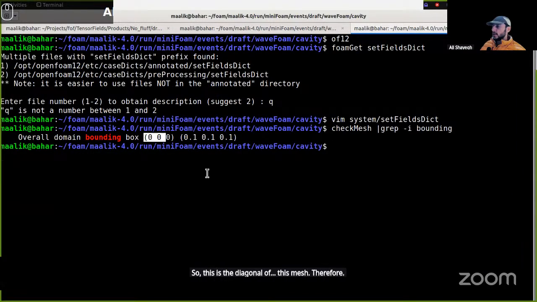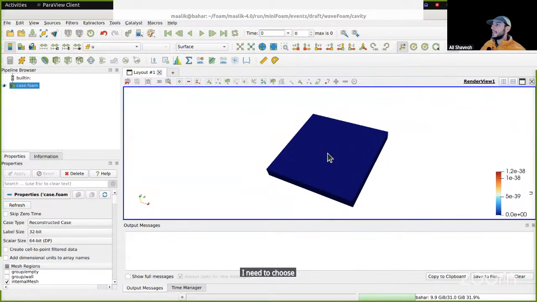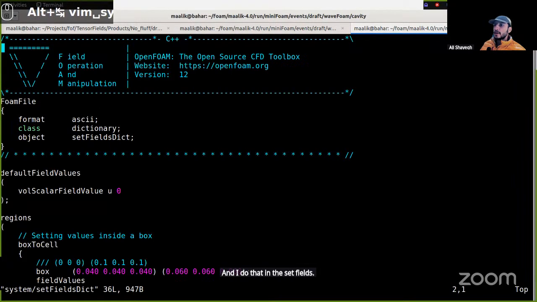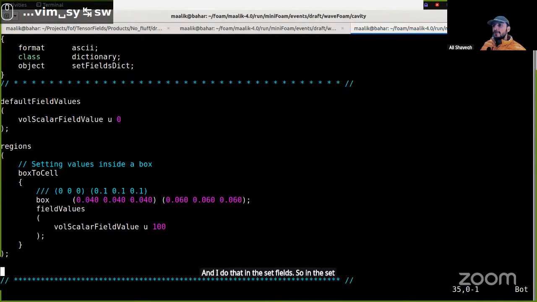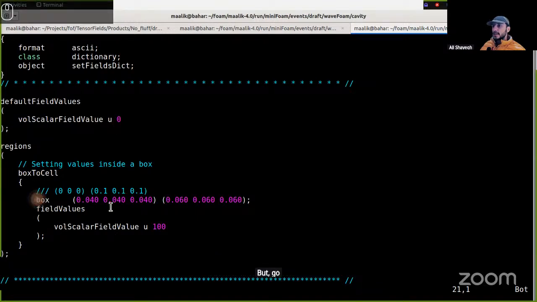Therefore, if I want something in some small box in the middle, I need to choose a box that encompasses a number of cells in the middle, and I do that in the set fields. So in the set fields, I have said that the U field everywhere is 0, but go choose a box, and this box is just a small box in the middle, and set the U value to be 100. And if I run set fields,